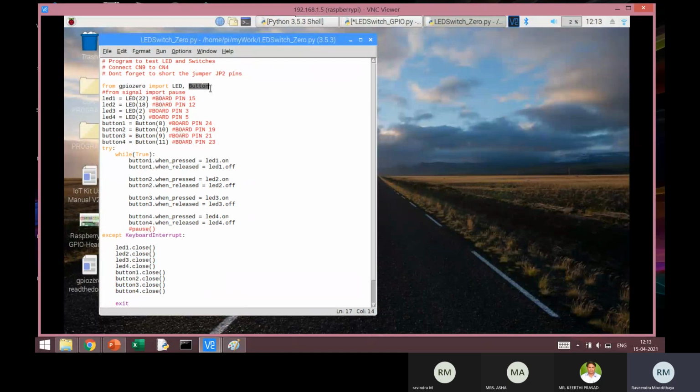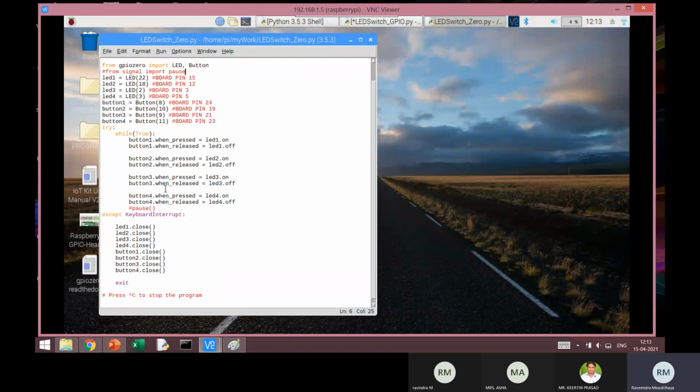I don't know if you have already come across object-oriented programming. In object-oriented programming, there are some classes defined. In fact, inside this module, button is one class, and in that button class there are some methods. One such method is when pressed. Whenever I press the button, that event is detected and the LED is turned on.